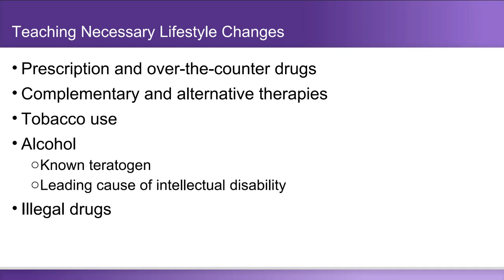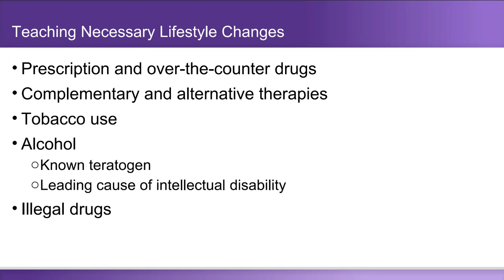And this is important for prescription drugs and over-the-counter drugs. We tell them to avoid NSAIDs, like aspirin and ibuprofen. NSAIDs need to be avoided because they increase the risk of bleeding. And also, when prescription drugs are necessary, we really want the healthcare provider to weigh the risks as